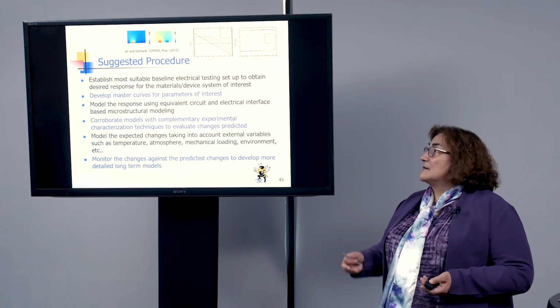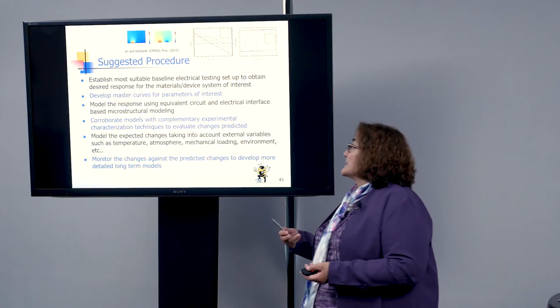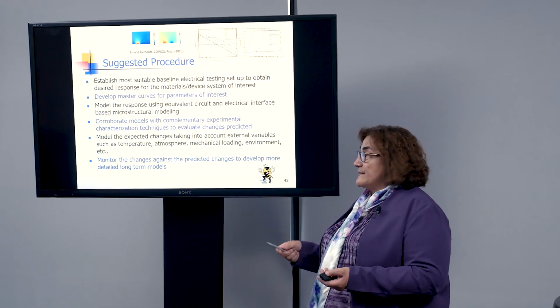And this is absolutely vital. You must corroborate the models with complementary experimental characterization techniques to evaluate the changes predicted, because the model can tell you one thing, but you really need to find some other way to ensure that your assignments are correct. And then once you do that, you can monitor the changes against the predicted changes to develop more detailed